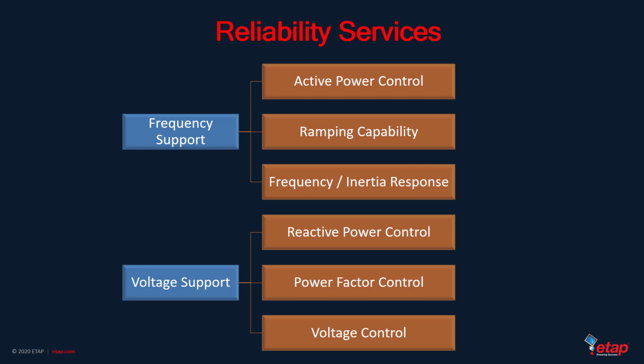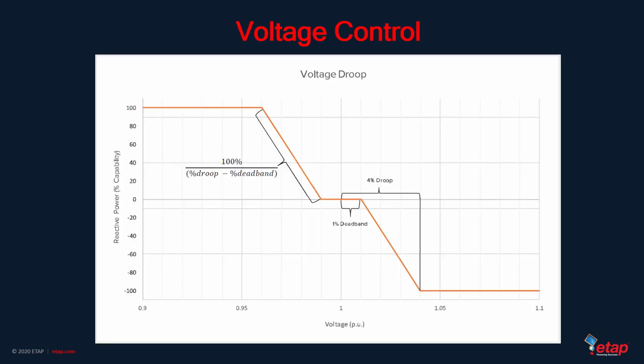To accommodate the different needs of system operators and planners, a typical PV plant offers 3 different modes of reactive power control. Each mode regulates reactive power through different parameters. So let's take a look at the first control in more detail, which is voltage control. Voltage control is the most commonly used mode at grid-tied PV sites. Throughout the day, system voltage can fluctuate with the loading effects of the system. A PV plant must be able to provide voltage support in both directions by being able to both absorb and